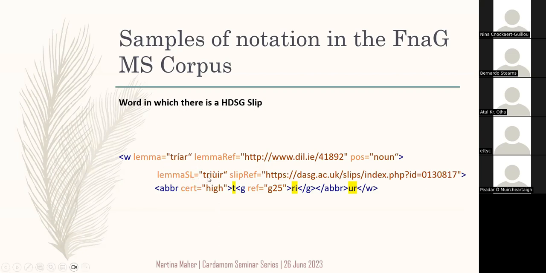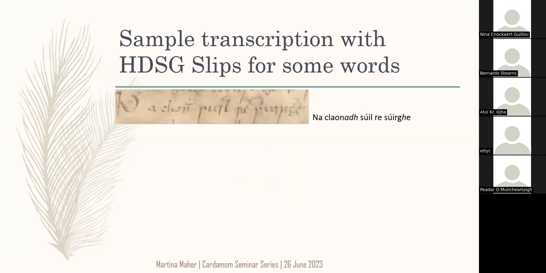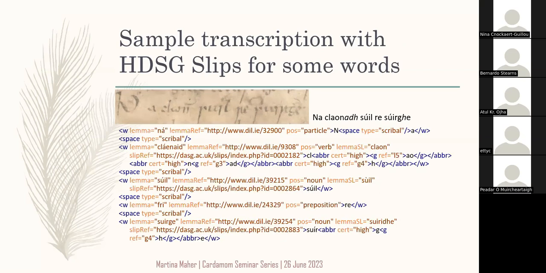These are noted, so the head word on that slip and the specific reference to it, so the lexicographer can bring up a digital copy of that slip in the Faclair Gaelic system and have a read of it if they wanted to go back to that. And this notation just gets longer the more information you add. So for example,